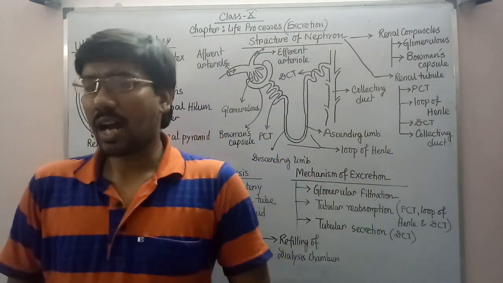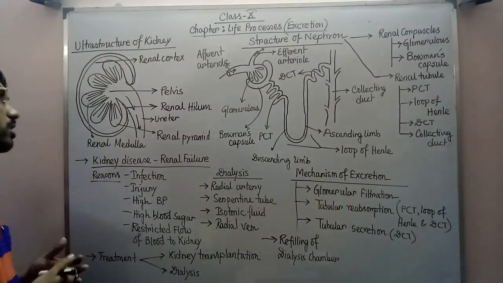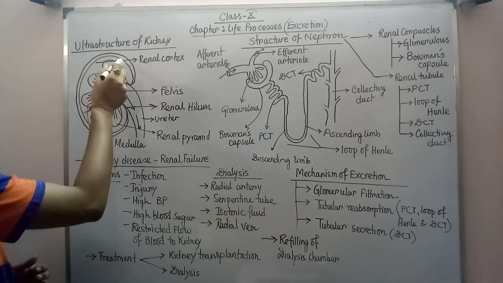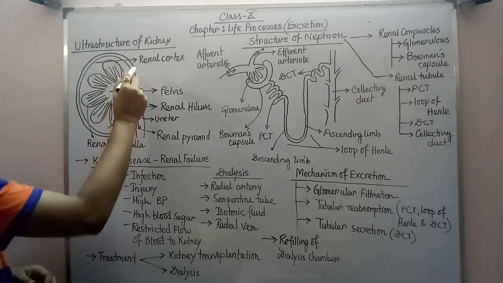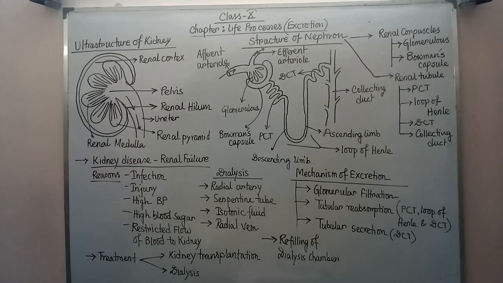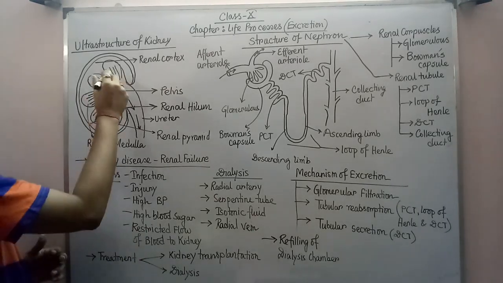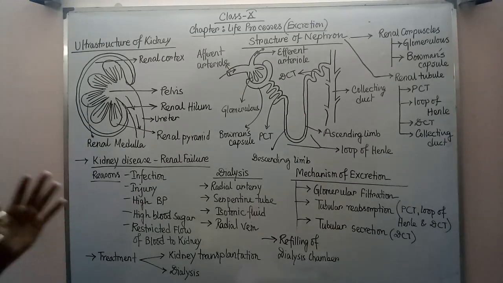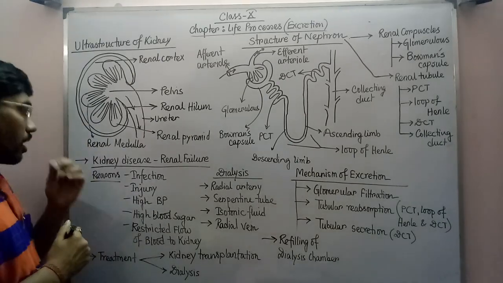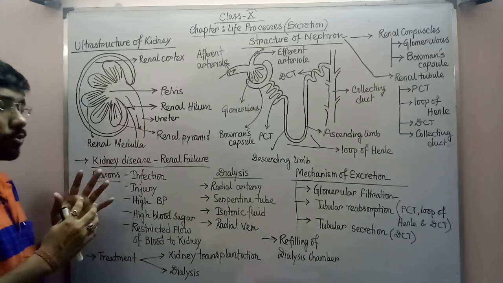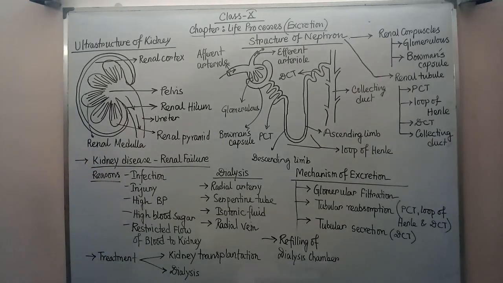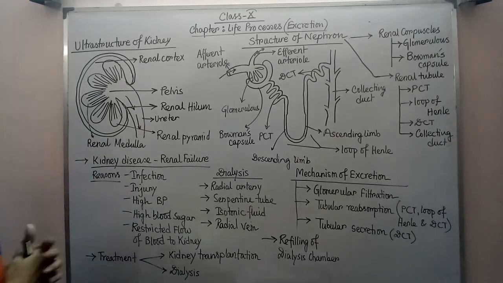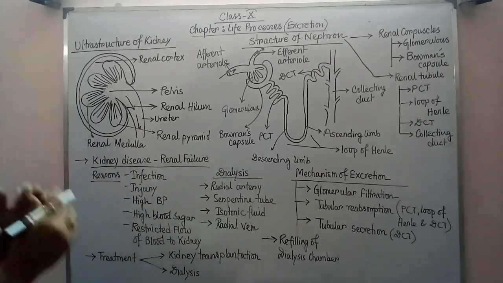Now the second thing is that after the kidney capsule at the outer layer, the peripheral portion or the boundary portion of the kidney is commonly known as the cortex or the renal cortex. After the renal cortex, if you come to the middle portion of the kidney, you will see the renal medulla. This renal medulla is the middle portion of the kidney. It is composed of many pyramid-like structures, commonly known as renal pyramids.